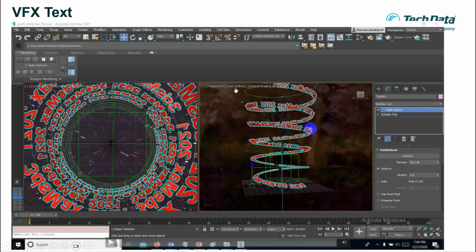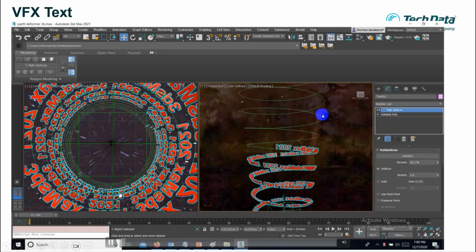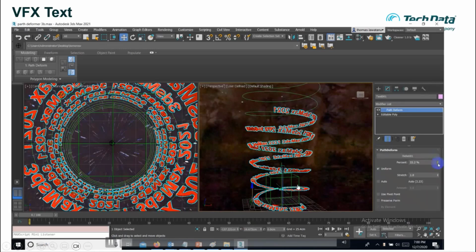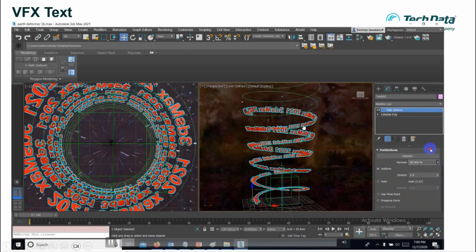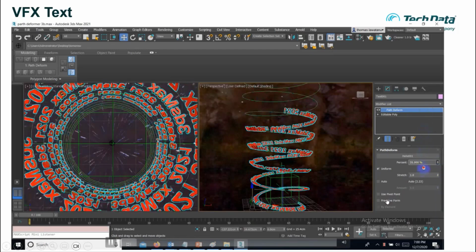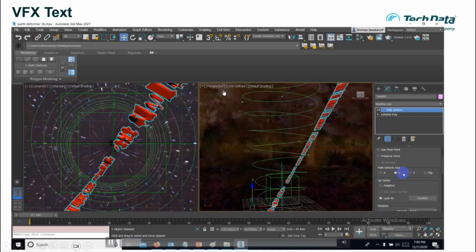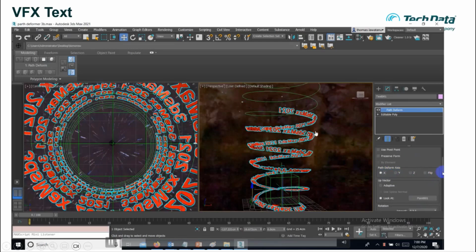So let's say you want to animate your logo, your advertisement. Actually this is the simple one, right? This is the text. I got the spiral, so I attached it over there. Then I play around with the keyframes, but there is something I want to show you because it is related to the new feature they call glowing, the glowing effect inside 3ds Max.